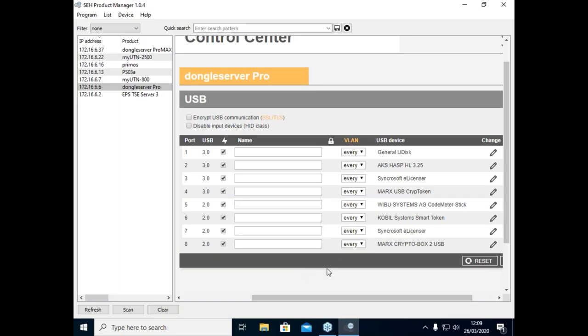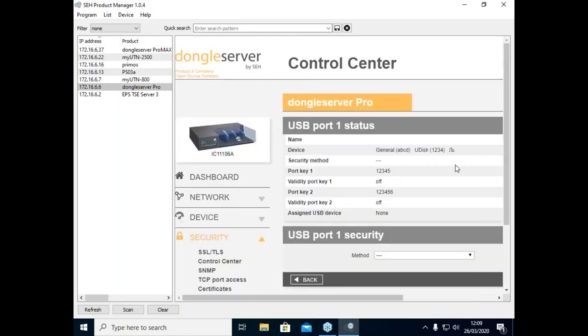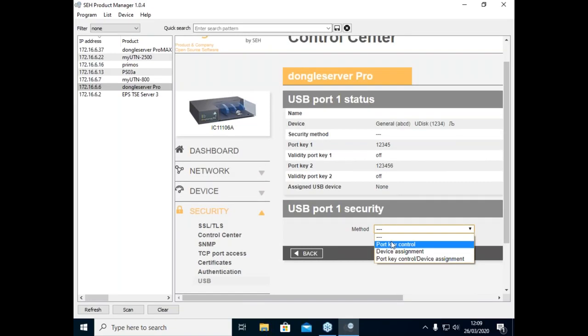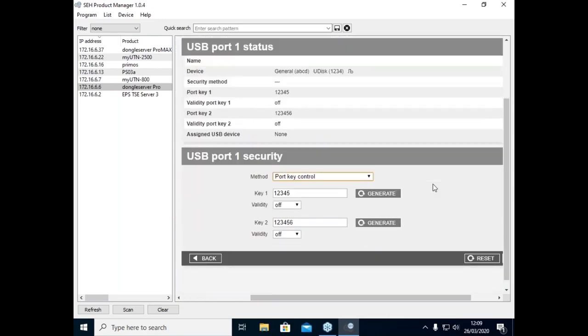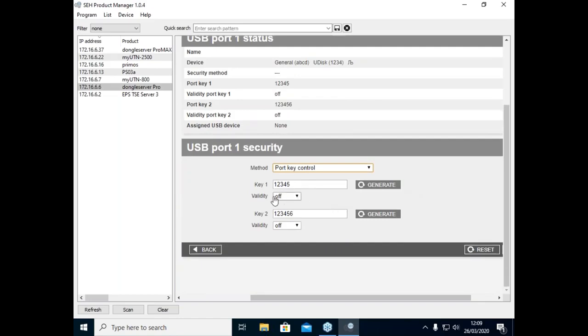Okay, so now we want to join here to the port key feature, which is also improved. Now we got a timestamp where the port key is valid or not valid. Let me explain it in a little picture here. We got the new port key control here and device assignment as in our old products. Only the device which is assigned to a port can be added or activated on this specified port on the Dongleserver Pro. But the main feature here is now that we got the port key control. The port key control now can have a validity